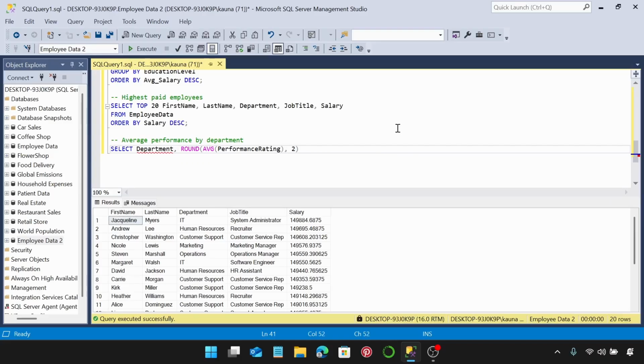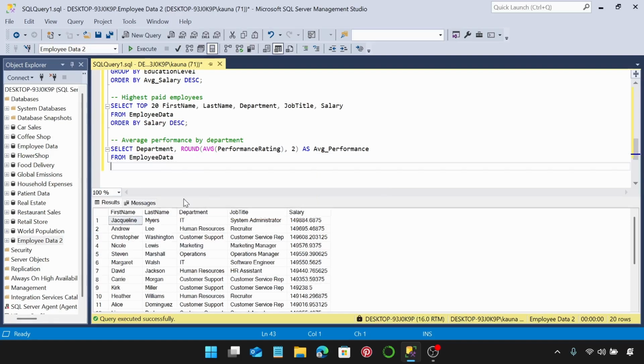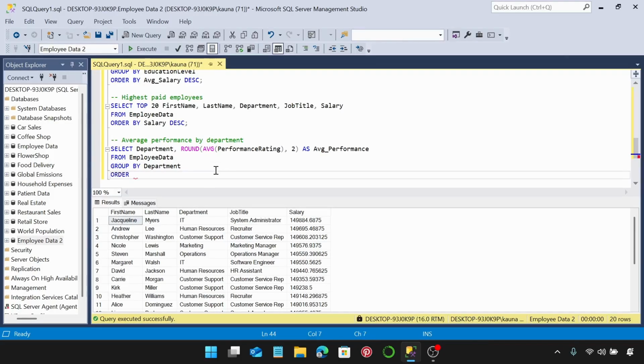and this is of course going to be rounded to 2 places as average performance. And it's going to be from employee data. We're going to group by department, and let's order it by the average performance. Then we're going to go in descending order,